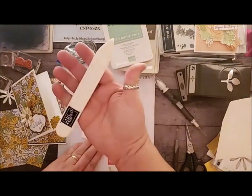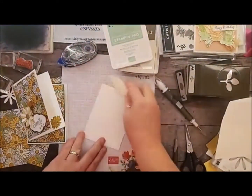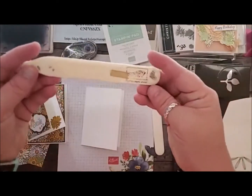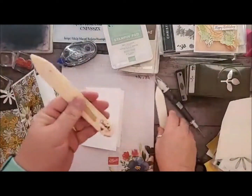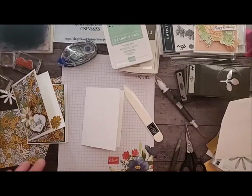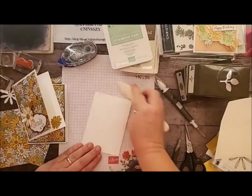On my brand new bone folders, they're pretty. It's so clean. Most of my bone folders are super dirty and broken. I dropped them. Look at how dirty that is. I've dropped it and it's all chipped. So I have a beautiful clean one. That's awesome. Anyway, because I'm using this beautiful white paper, I want to make sure I use my new